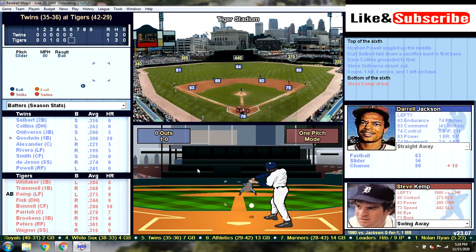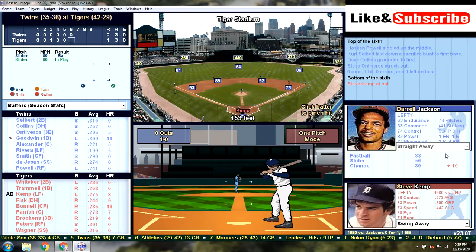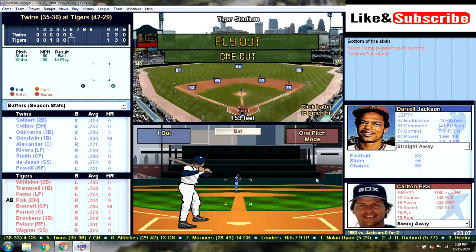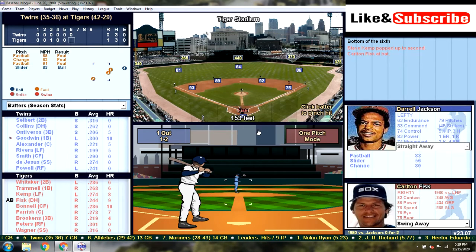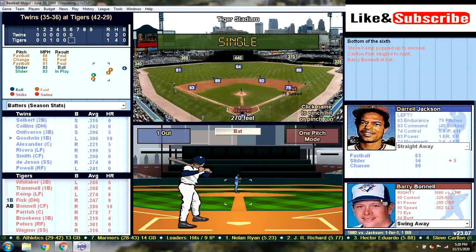So bottom of the 6th, Steve Kemp leads off. He's going to hit a pop fly on the infield. That's 1 down. So 1 down for Carlton Fisk, batting cleanup today. He usually bats down in the lineup. He gets a base hit to right. That's why we have him up there, because he is batting